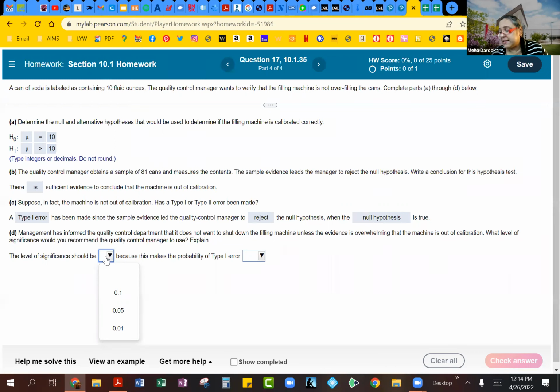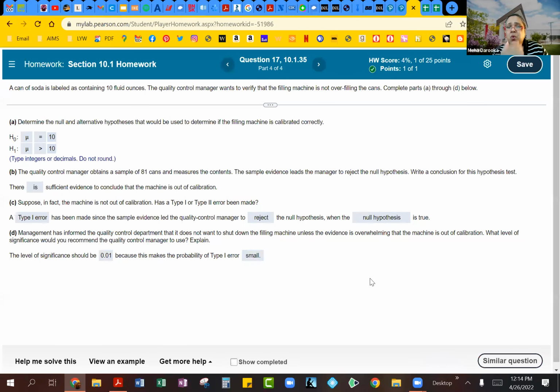If you increase the level of significance, it is more likely that you will end up rejecting the null hypothesis. So you kind of want to keep it at a lower end when you're choosing the level of significance. So I would probably start out with the smallest number, 0.01, and that means that our probability of making type 1 error would be very small if you kept that level of significance at 0.01.